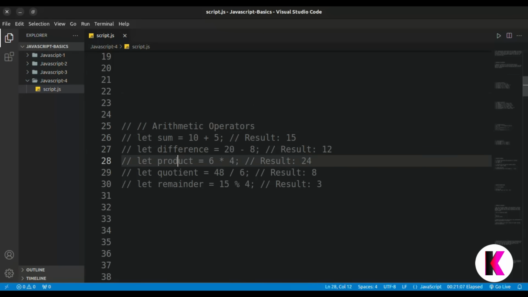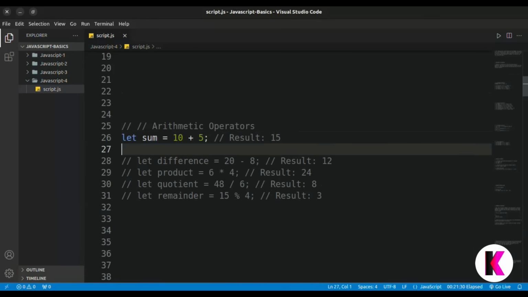Uncomment this: let sum is equal to 10 plus 5. This is an addition operation we will perform. We will write console.log and print sum. 15 has to print. You can see this 15 is coming in the terminal. So this is the addition operator.